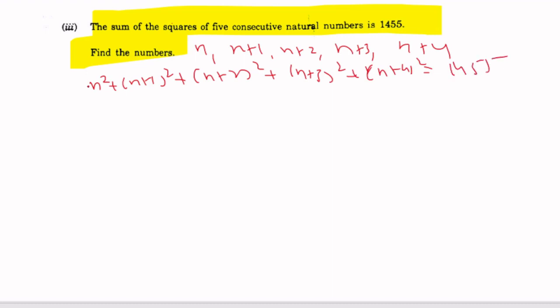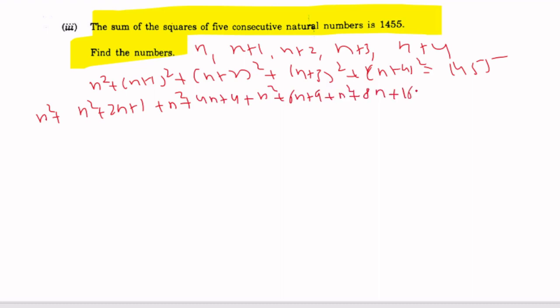What you have to do is just open the brackets of the squares, and after that add all the variables and constants, and you will get the number. Let's do that quickly. So n square, let me solve it. n square plus 2n plus 1, n square plus 4n plus 4, n square plus 6n plus 9, n square plus 8n plus 16 is equal to